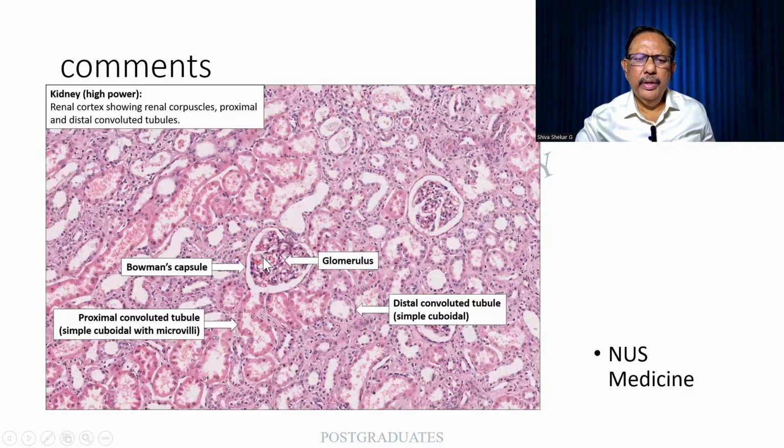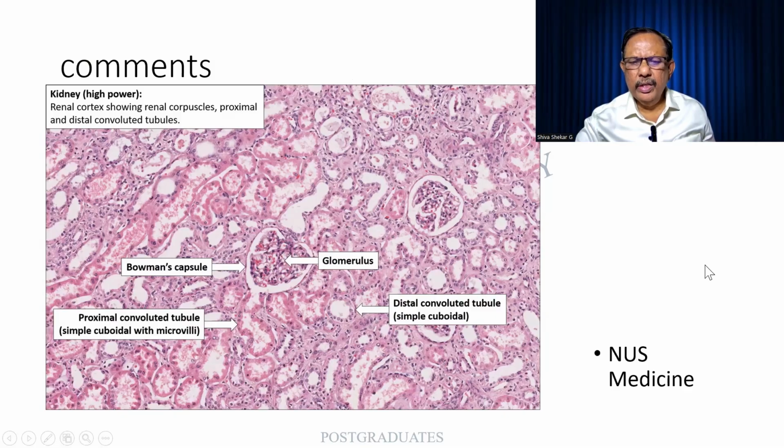And look at it over here. These are the glomeruli, and you find that these are all the tubules, and they are back to back in arrangement. The different forms are there. Some are elongated, some are more circular, lined by different types of epithelium. We shall come to it, thanks to NUS,